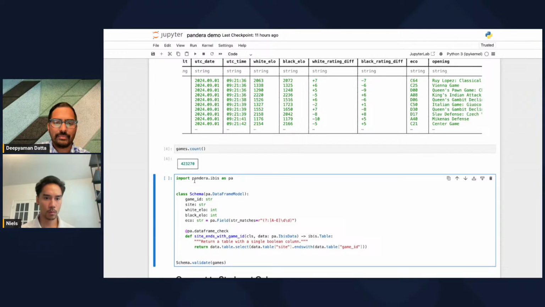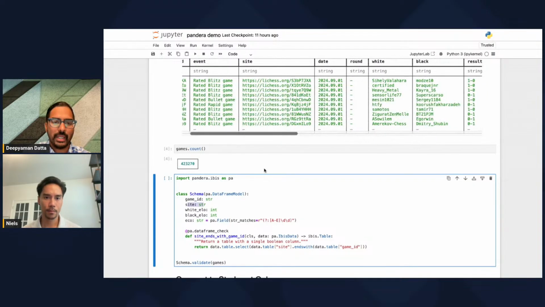And here we're going to define some of our fields. So we've got our game ID. We saw there's a site field up here, as well as our ELO numbers, and then our eco code. Eco is the encyclopedia of chess openings, because chess players have a whole code for whatever opening you're playing. And we're going to use a fancier rule here that's going to match a regex, so it can be anything from A00 to E99, I think.